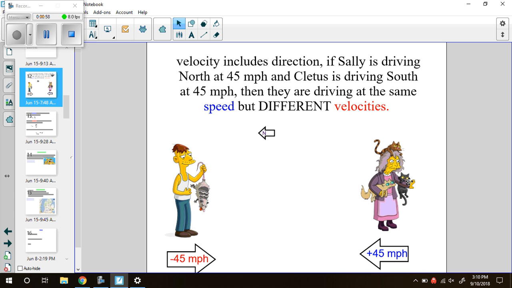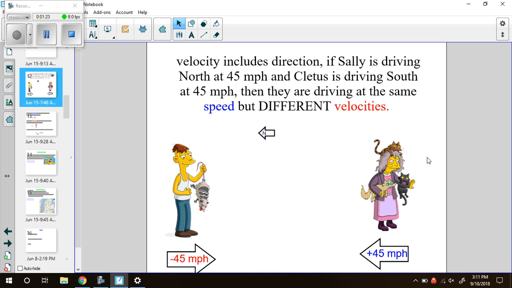All right, as an example here, I have Cletus and Sally, and they're traveling at the same speed, which is 45 miles per hour. But one is negative, one is positive. You might remember from section 1.1 where we talked about the difference between negative and positive. Because Sally is going north, that is considered the positive direction. And because Cletus is traveling south, we're going to consider that the negative direction,